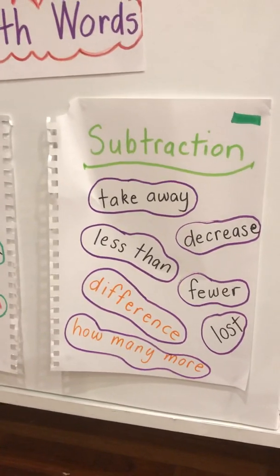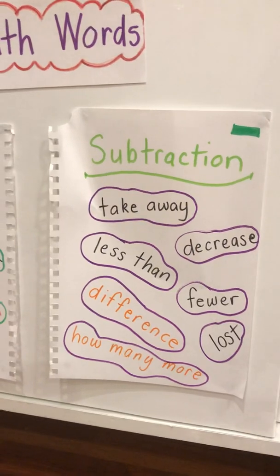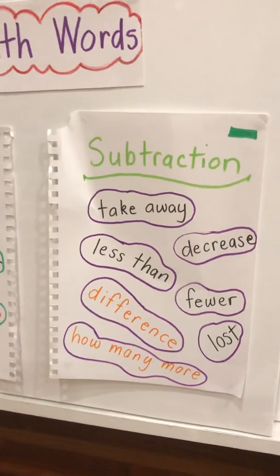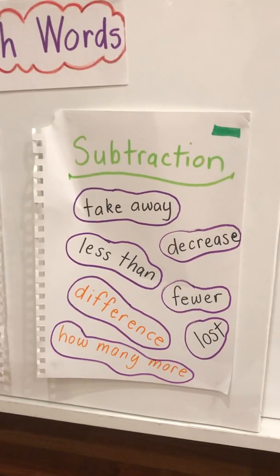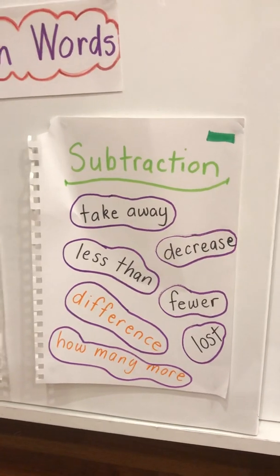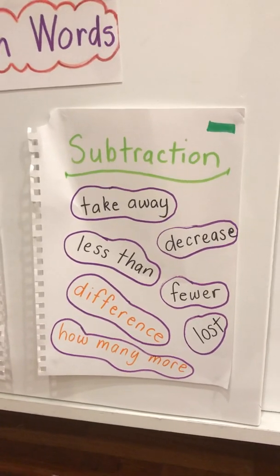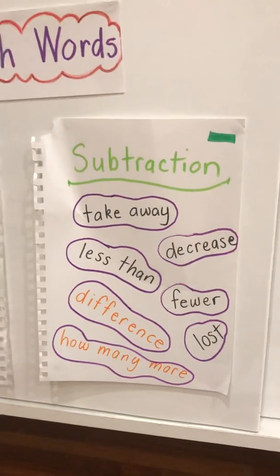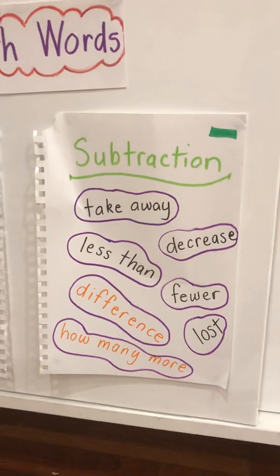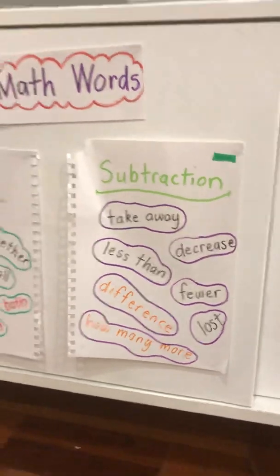We can decrease the amount. We can have less than what we started, fewer than what we started. We might find the difference from the big amount we started with to what was taken away. We might need to find how many more we need to get to the whole amount. There are some more words for subtraction as well. That's a good start. So looking at today's activity,